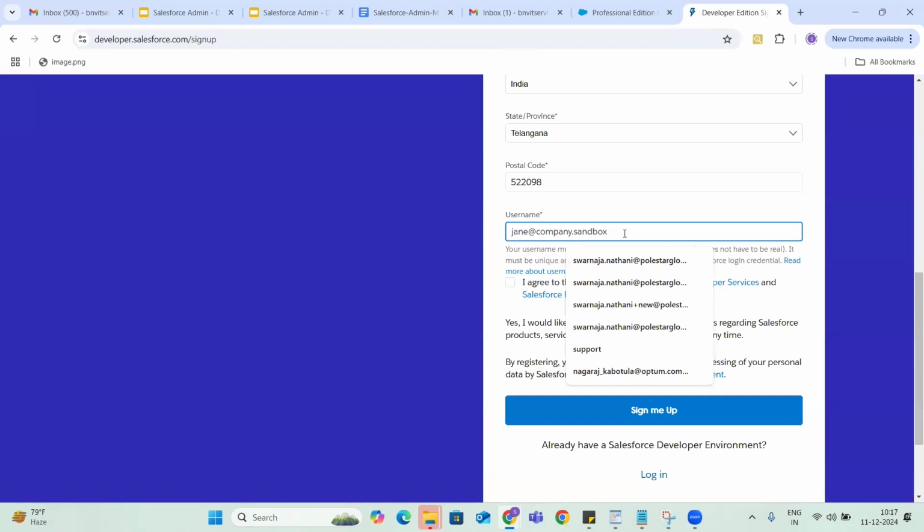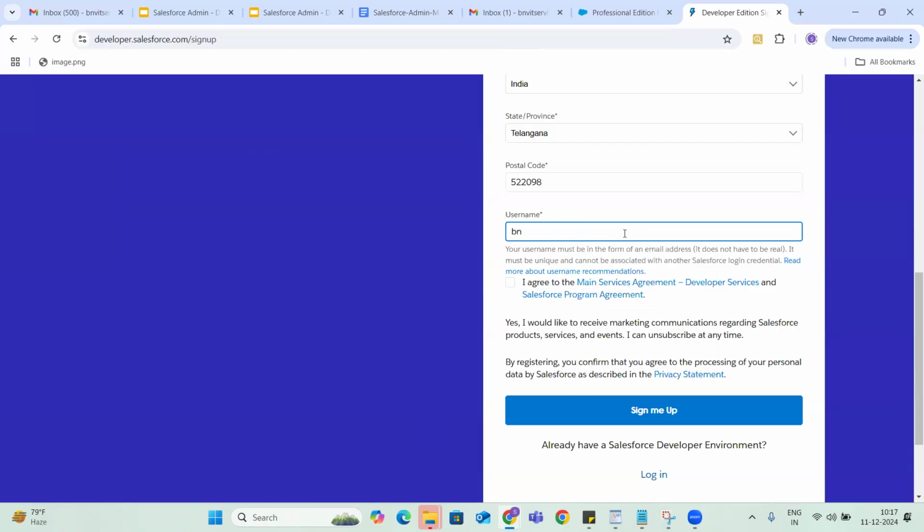Always better to give your username as your email so that you can easily remember it. If you want to give any other thing, you can give it. There's no harm in that, and there is no restriction. You can give anything you want as the username, but I am giving my email address so that I need not remember it separately. We just need to agree to that and then sign up.